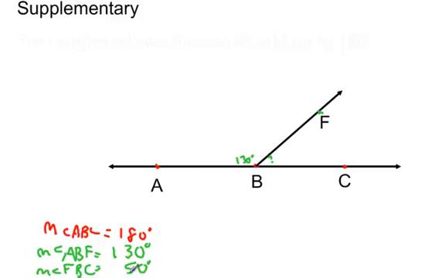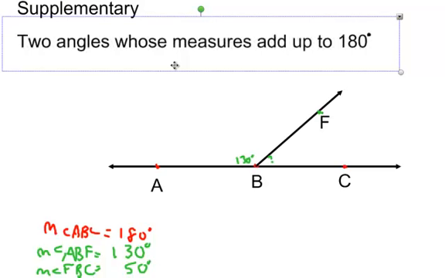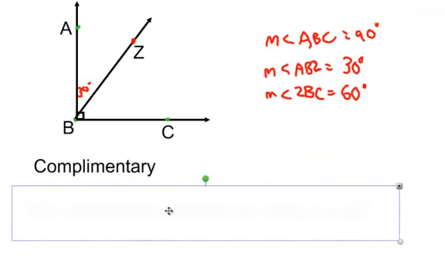And what's it called when we have two angles that add up to 180 degrees? That is called supplementary. Supplementary: two angles whose measures add up to 180 degrees. So again, complementary, two angles